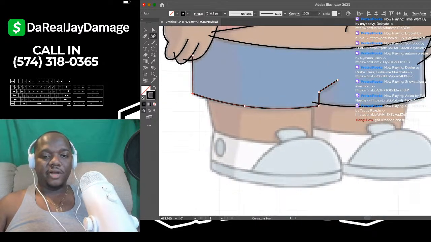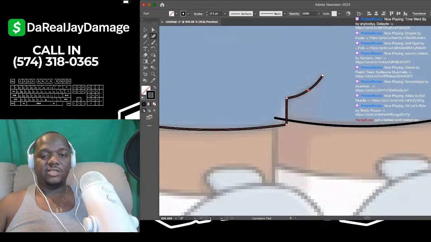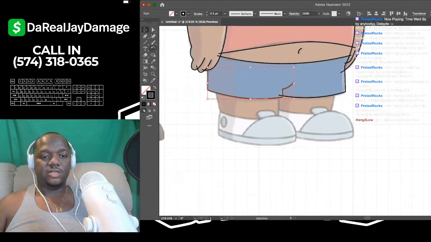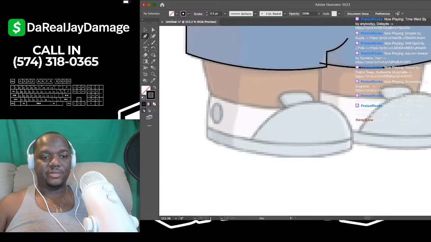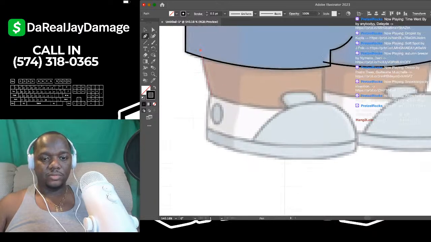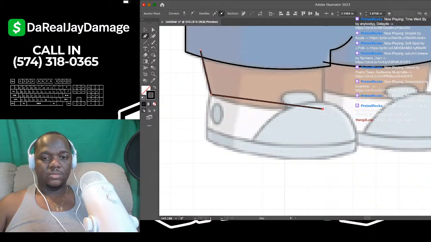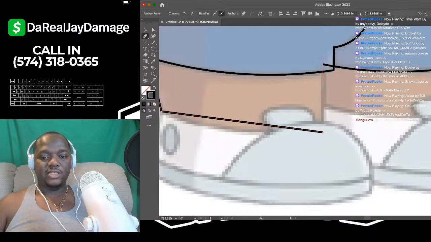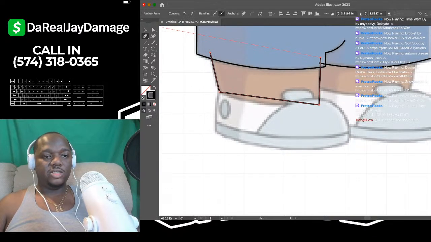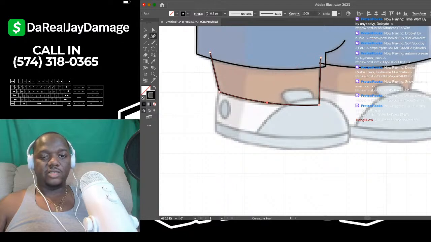This will look a lot better when it comes down to cleanness of a design. You want your design to be as clean as possible. When somebody sees this, I want this shit to look like the designers at Family Guy created this.